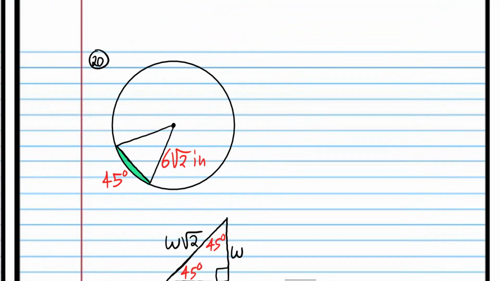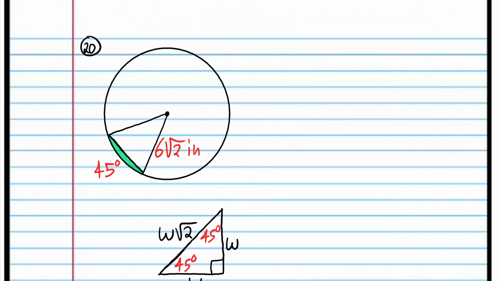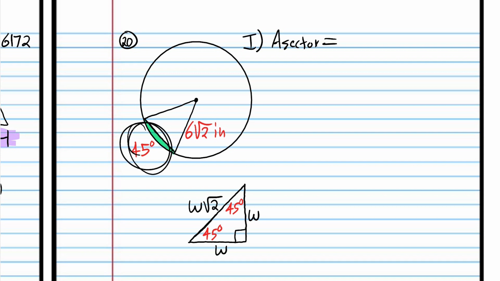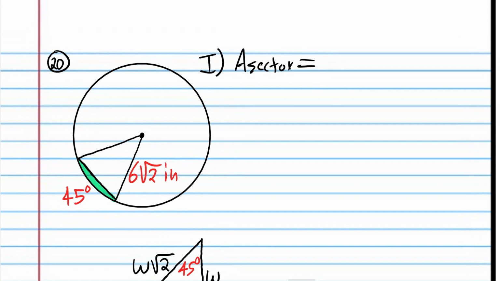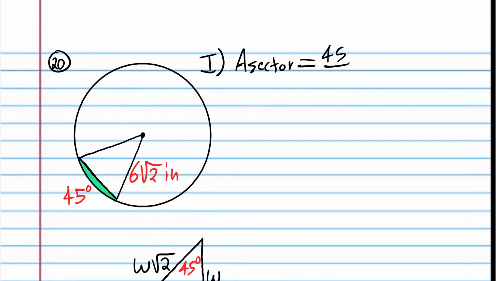All right, we're back. So it's not as easy to see, I guess, but I'm going to make this side the base. But first, let's find the area of the sector. Notice that we have the arc measure, but that's equal to the corresponding central angle, so that would be 45 over 360 times pi r squared, which is approximately equal to,